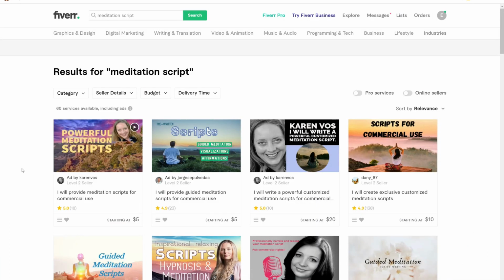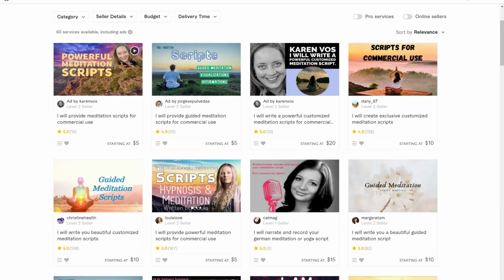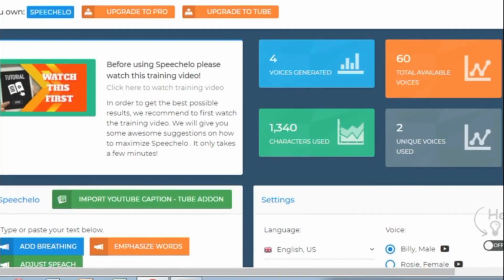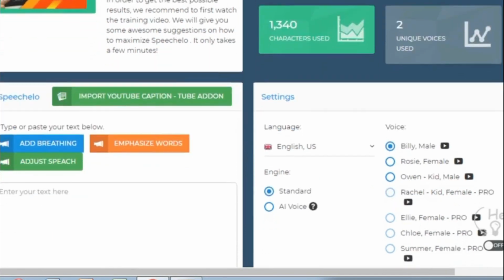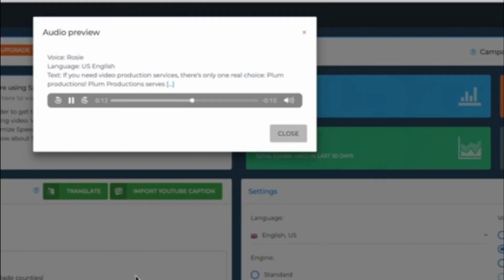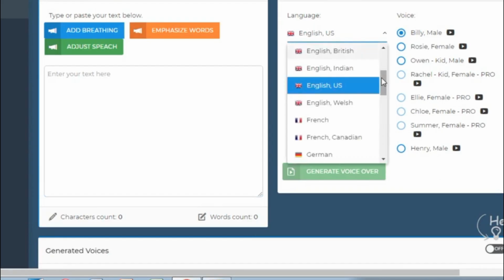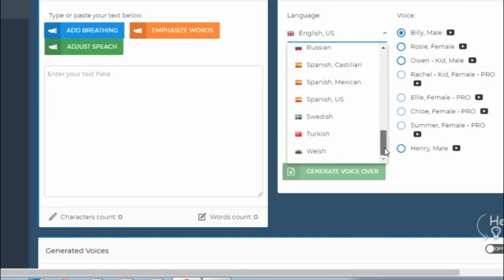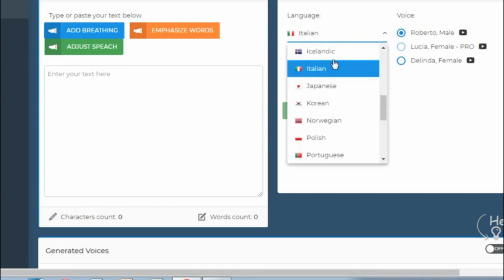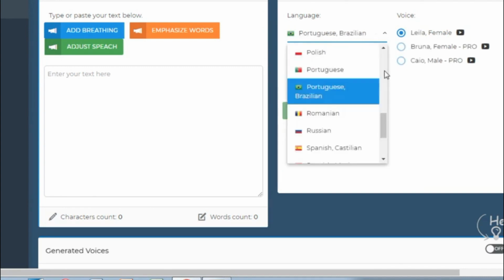Once you have the meditation script, if you have a calming voice, you can read it out yourself. If not, use these options. You can use an online tool which converts text to speech and get a human-like voiceover. You simply add the text and then get a human-like voiceover in MP3. It is important that you use a human-like voice, which this tool offers, and not a robotic voice. This online tool supports several languages. You can choose a male or female voice.